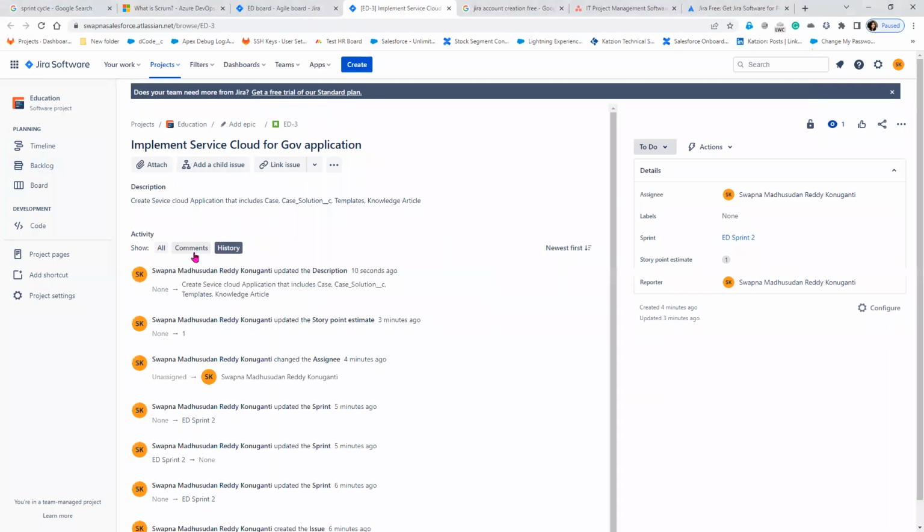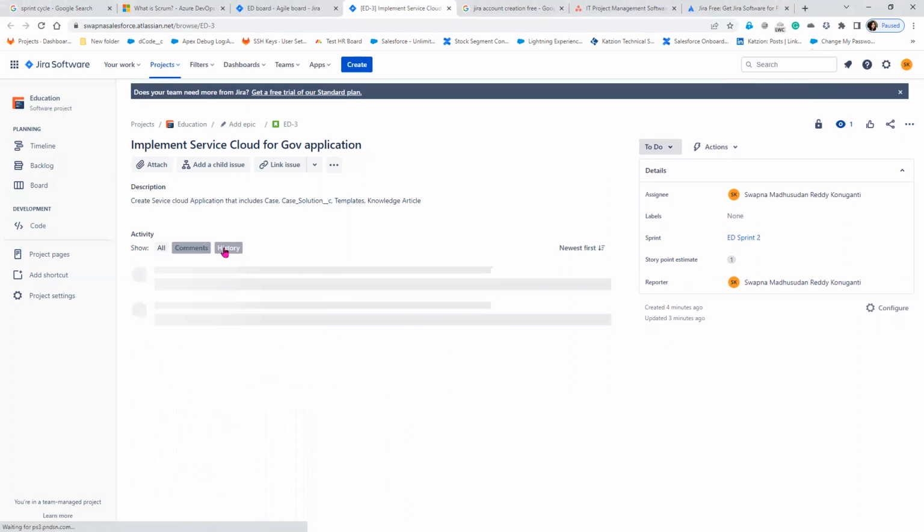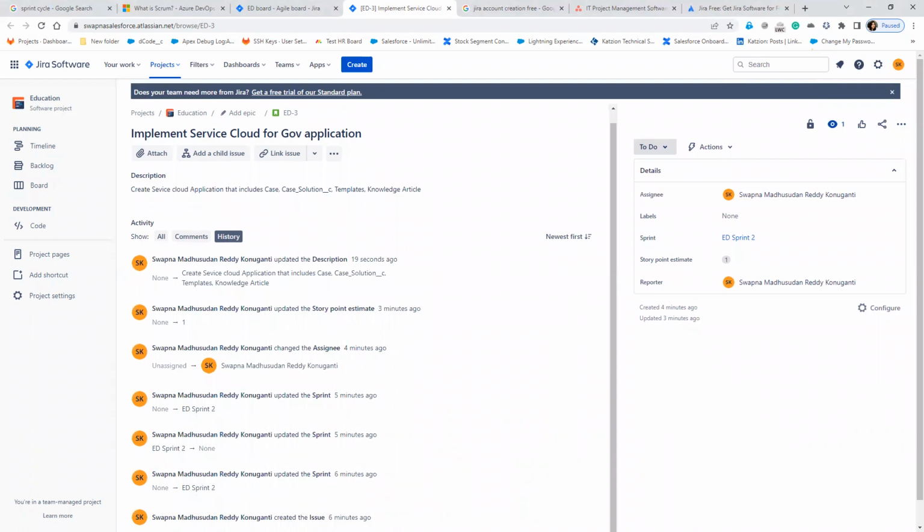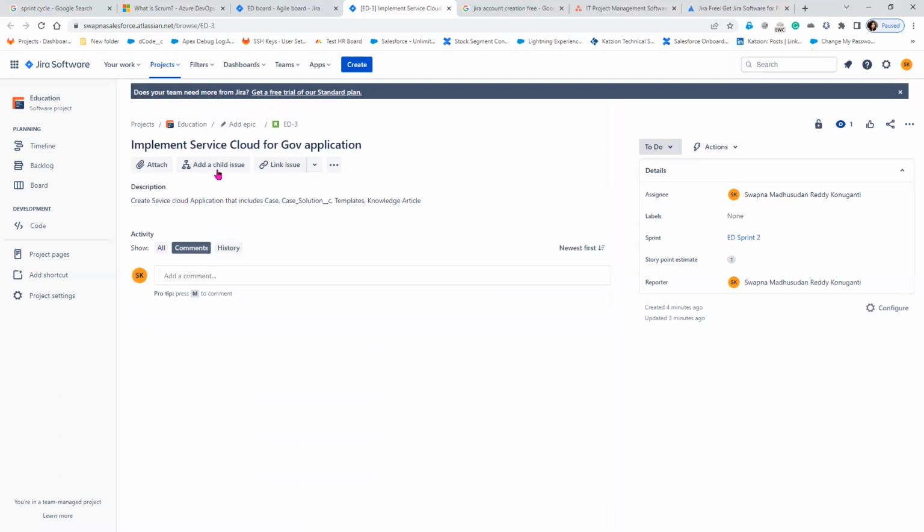Now below activity we have 3 things: one is All, then Comments, and then History. History is going to tell us who created it from the beginning till now, whatever has happened, what activities have happened on this particular ticket, everything will be captured in the history. Comments is like, for example, you have completed implementing it. So what you need to do is tag your BA, whoever the BA is, saying that I have completed,